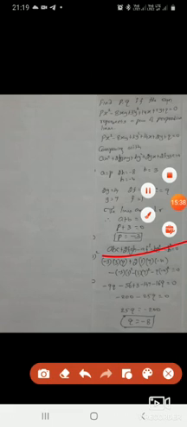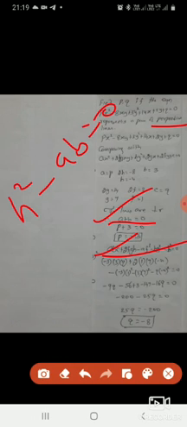to find both the missing values p and q, one more condition is given. The equation represents a pair of lines, so we use this condition, and one more, it is perpendicular. For perpendicular we know these two conditions. If it is parallel, we use h square minus AB is equal to 0. You will get one of the values, then you will go for the other. So, in the next class, let us see some challenging sums. Thank you.